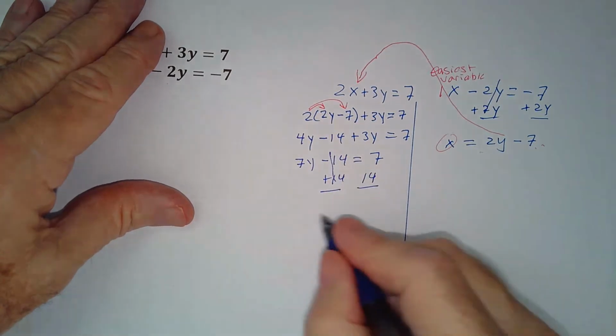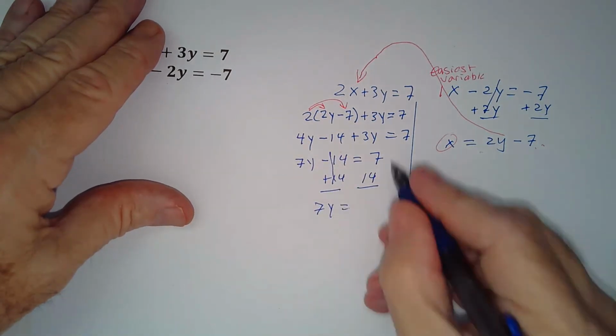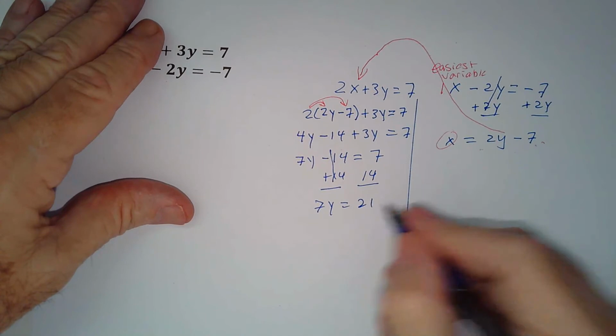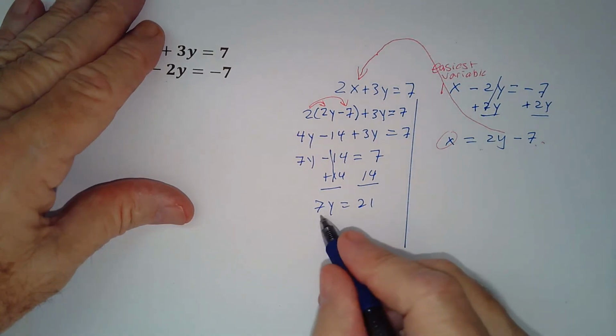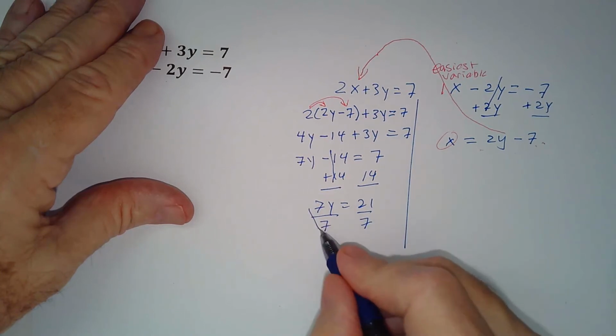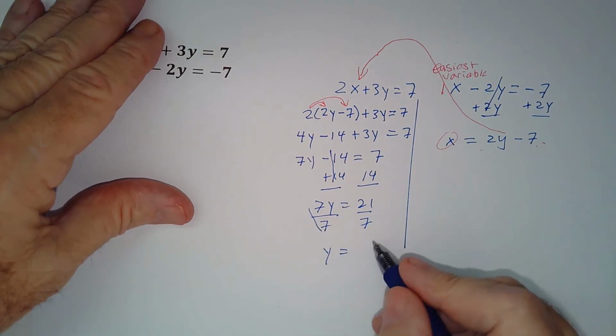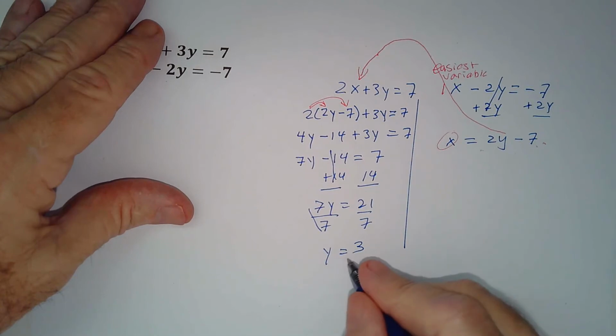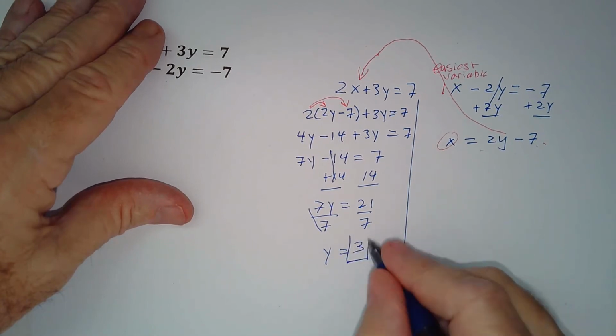And I get 7y equals, this is 21. So I'm going to divide both sides by 7 to get the y by itself, and I end up with y equals, what is that, 3? Okay, so that's my y-coordinate,